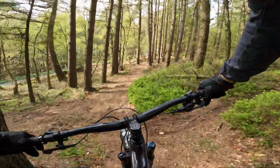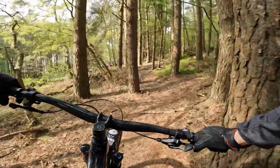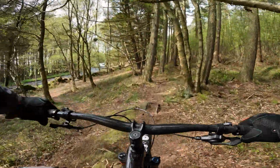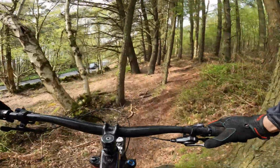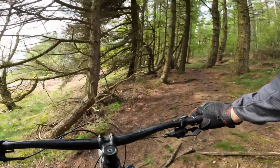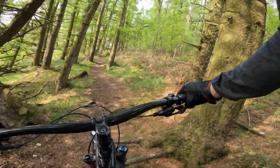But in contrast to the wheels that you'd think are going to be super light because they're carbon, which aren't, these chunky looking 2.4 inch Bontrager XR4 tyres are actually surprisingly quick rolling. So even the wheels are a contradiction. And then the suspension. Trek have now gone back to RockShox